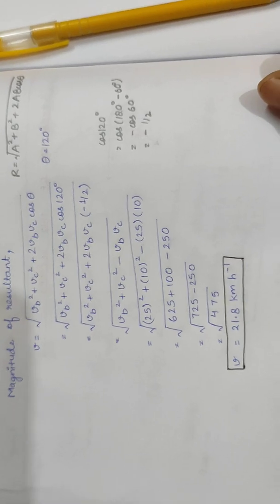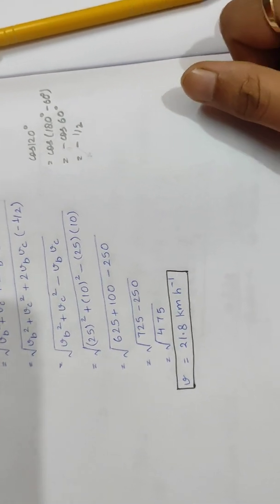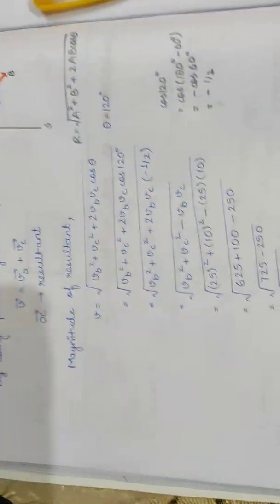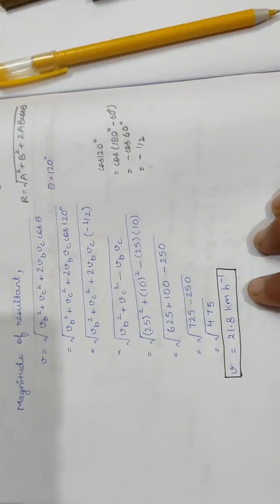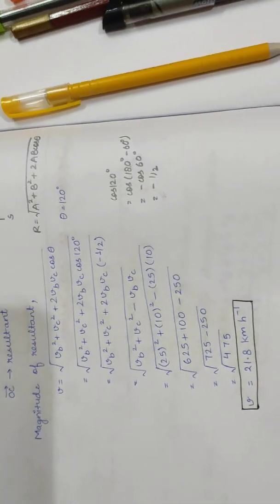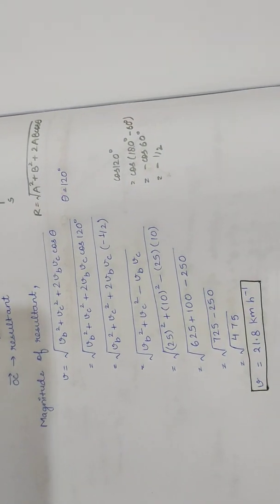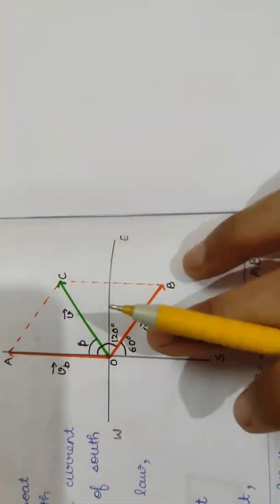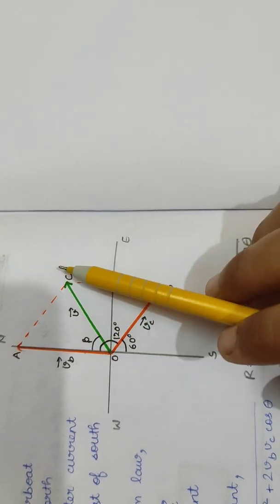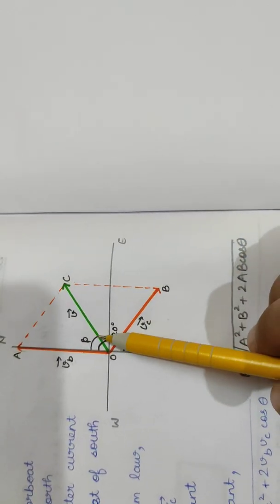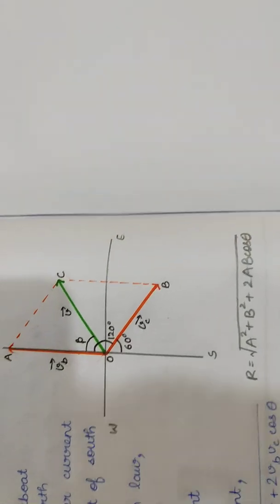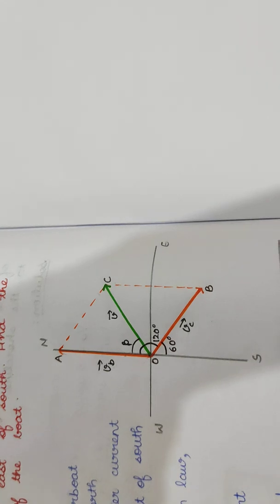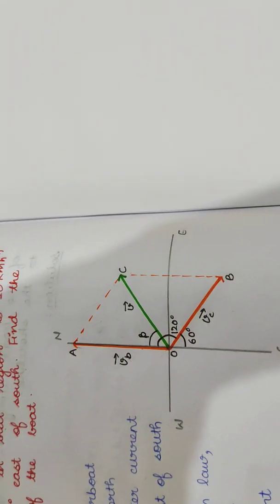Now we have to find the resultant velocity of the boat. So this is only about the magnitude of the resultant. Now we will also find the direction of this resultant. Okay. So as you can see in this figure that this is a resultant velocity OC and it is making an angle beta with VB. Okay, it is making an angle beta with vector VB, vector OA